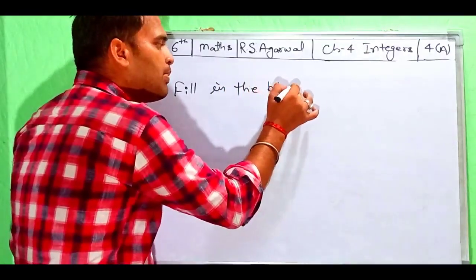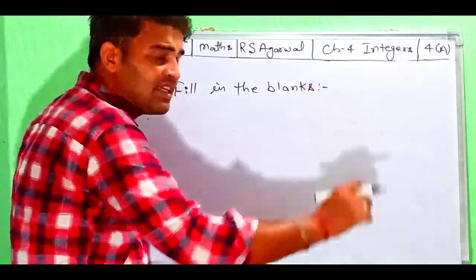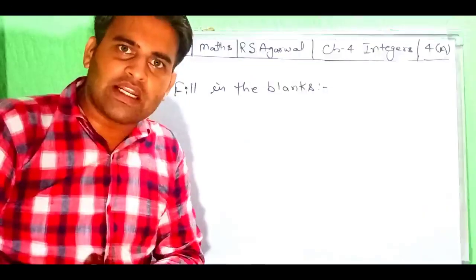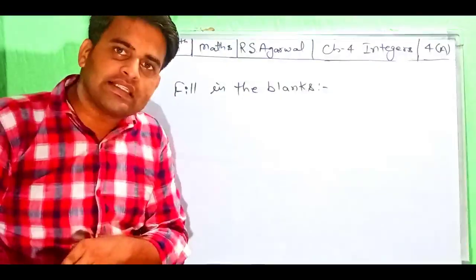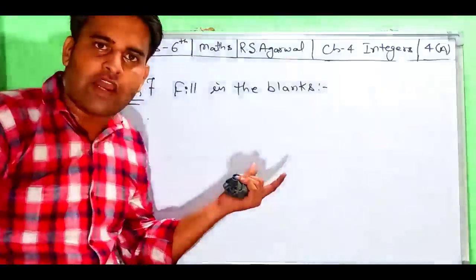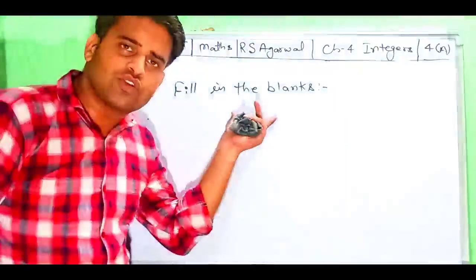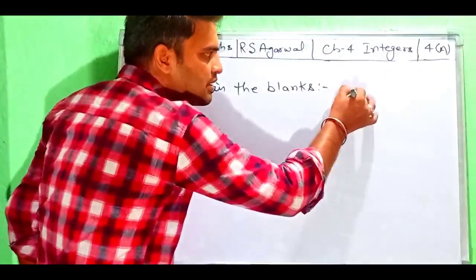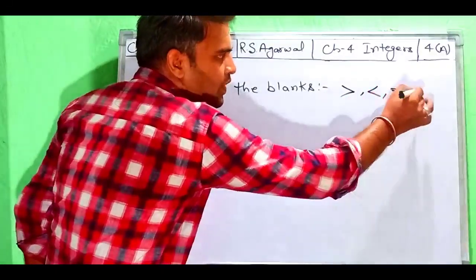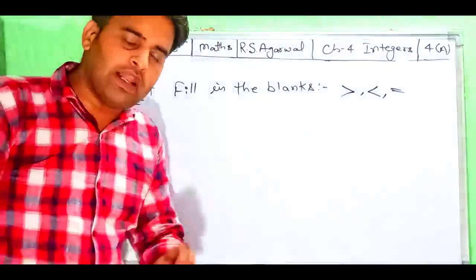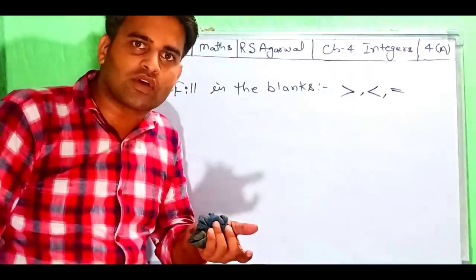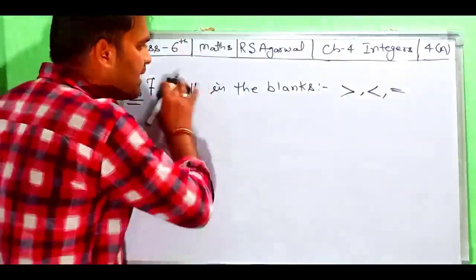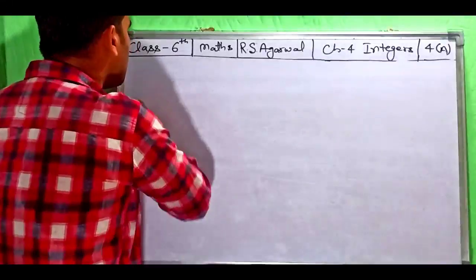Students, we have done the greater than and less than numbers in questions 4 and 5. This question is also the same as those questions. We will have to choose just by this sign, sorry, equal, greater than or less than. We will have to choose that sign in the blanks. Okay, then you fill in those questions on your own. Now we move to the next question, question number 8.